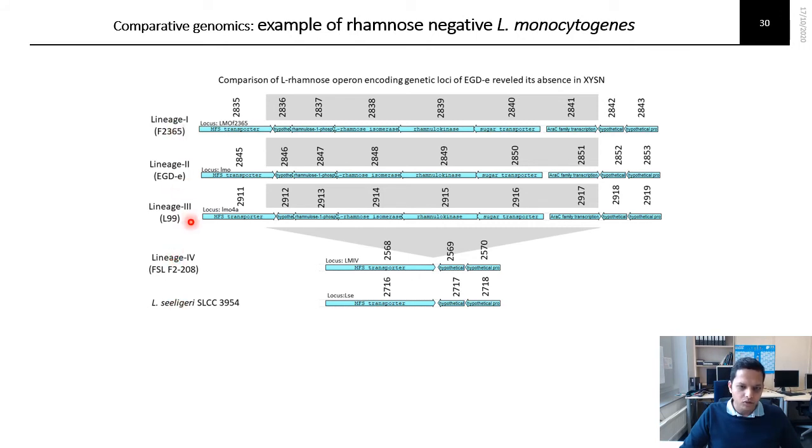When we compared their genomes, particularly the genetic segment where the rhamnose utilization cassette or rhamnose utilization genes are present, these genes are present in lineages 1, 2, 3, but absent in lineage 4, as you can see here. And this is why this group of isolates can utilize rhamnose, but this one could not. So in this way, a comparative genomic analysis is able to tell us what genetic elements are present and responsible for a particular phenotype.